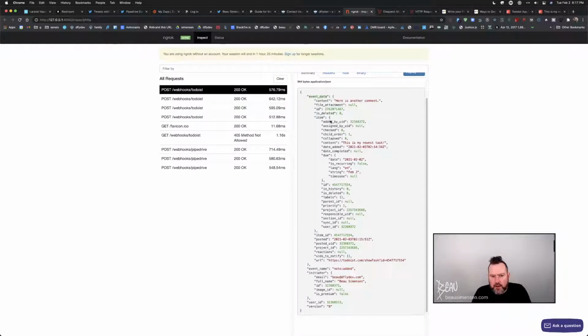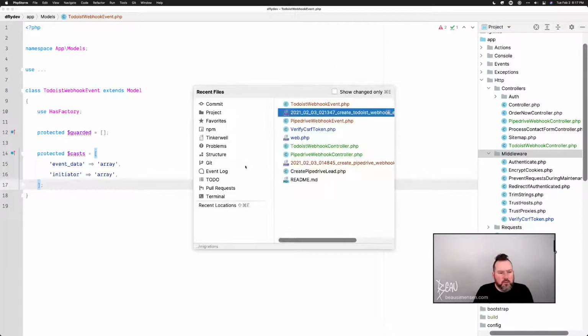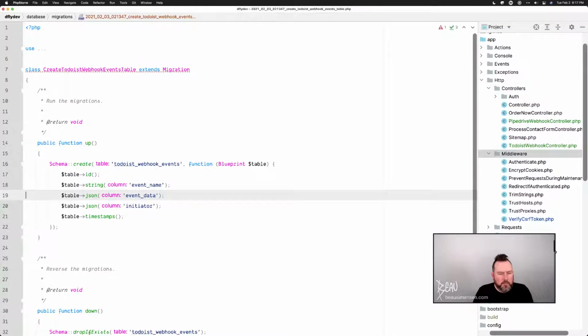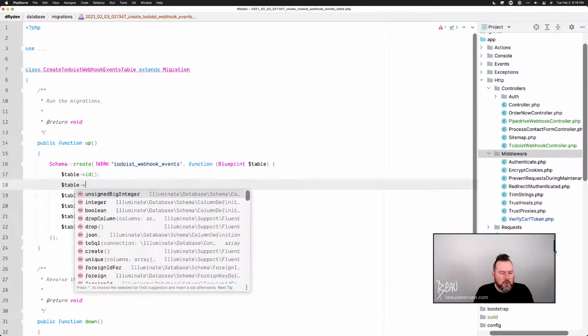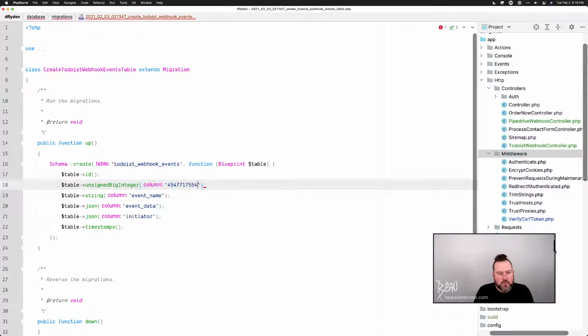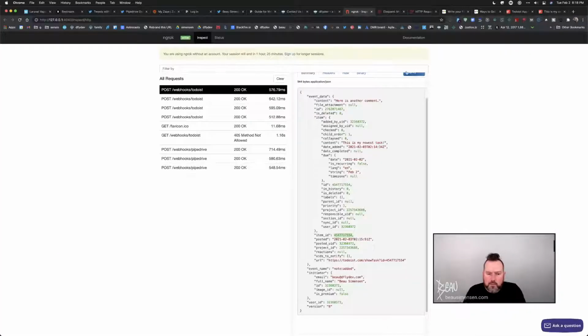So item added by, here's item ID, it's the same thing. Okay. Got item ID,